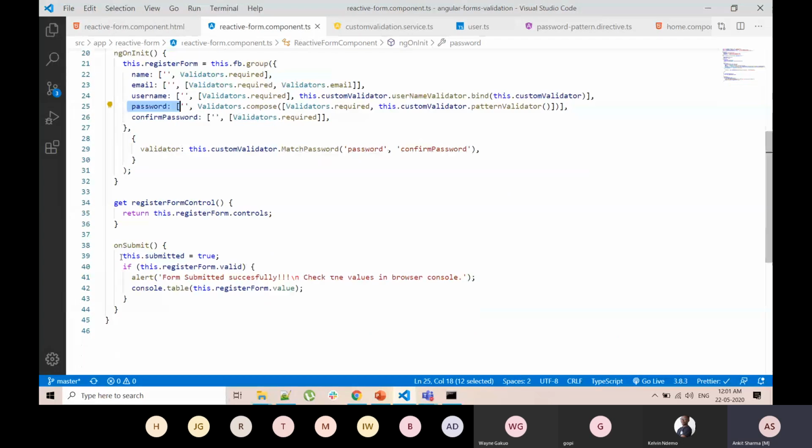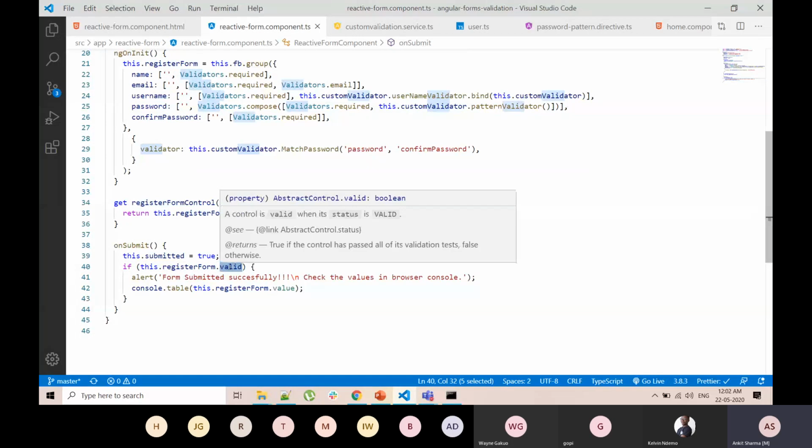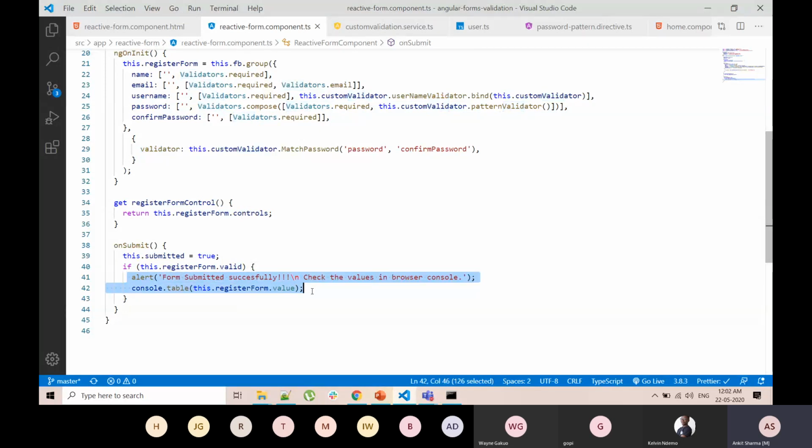Inside this we check if this.registerForm.valid. This means if every control in our form has passed all the validations which we have defined, then it will show an alert and put the value in the console. So this is all about reactive forms.